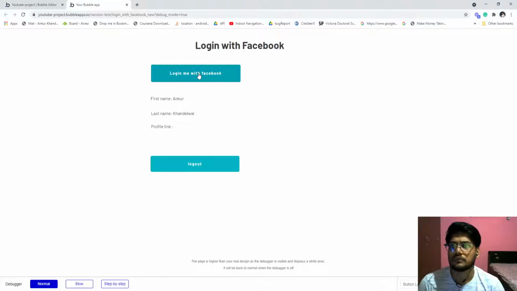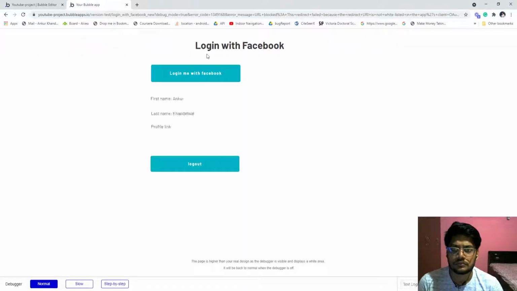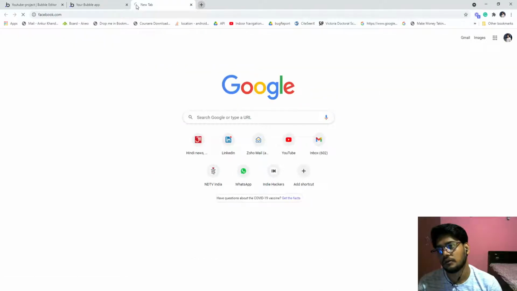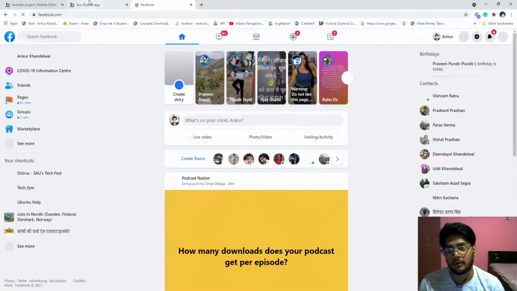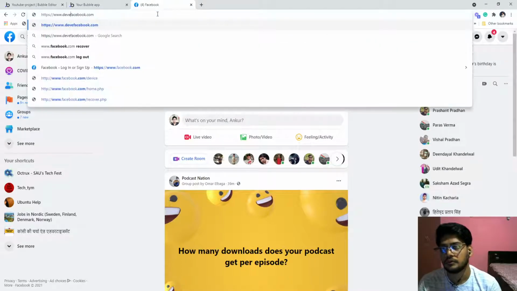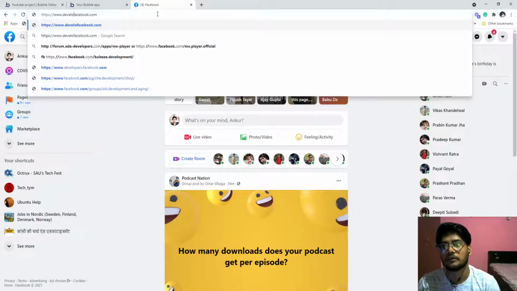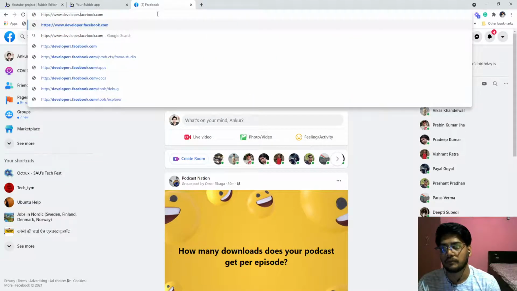Now click on login with Facebook. Oh, a very important thing, we have already missed it out. We have to first create the app in Facebook to log in.